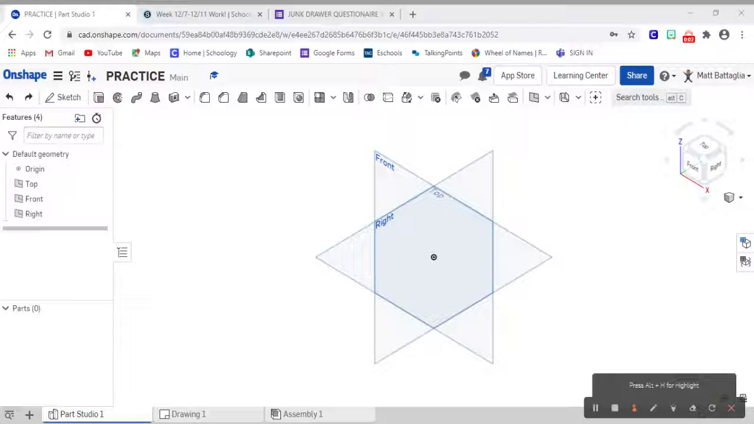Alrighty, folks. So today we're going to talk about how to create our practice model. So we went through the different tools in the sketch mode. Now we're going to go ahead and create our first model, and then using this model, we'll create our drawing template. But